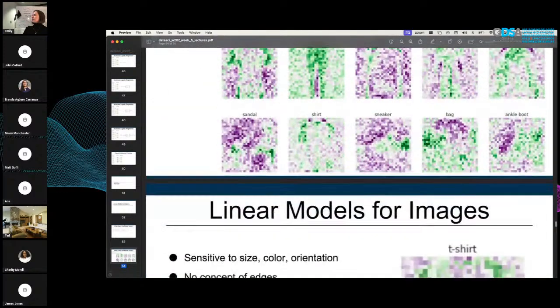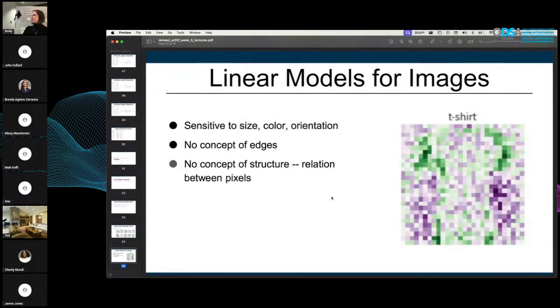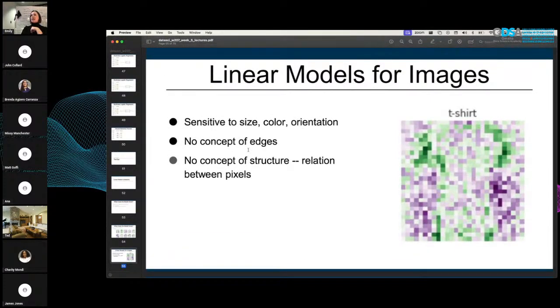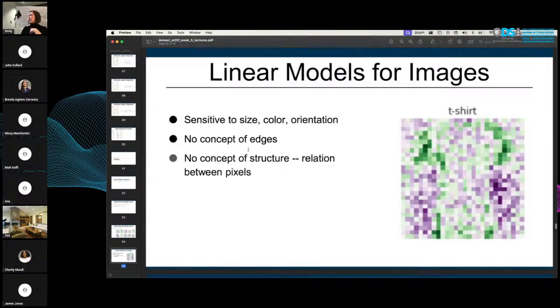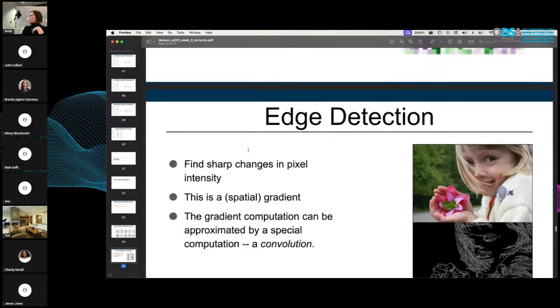And that's the downside of linear models, is when we come to look at things like images, things like relationship and structure and the relationship to the pixels near you are really important. So in images, something that's very important is the concept of an edge. So how starkly does the contrast change from one area of a photo to another area? And that is where linear models just aren't able to perform. They cannot detect like an edge because they are unaware of the relationships of the other pixels around them.